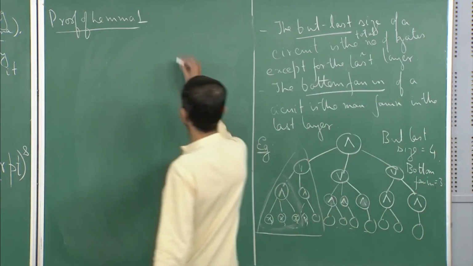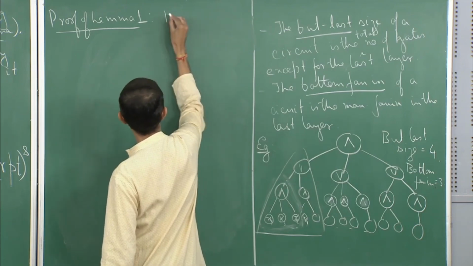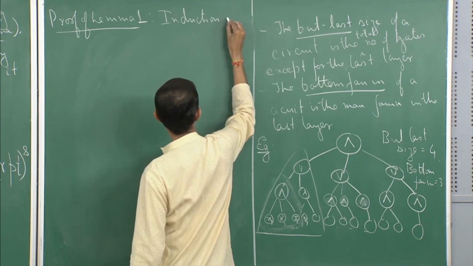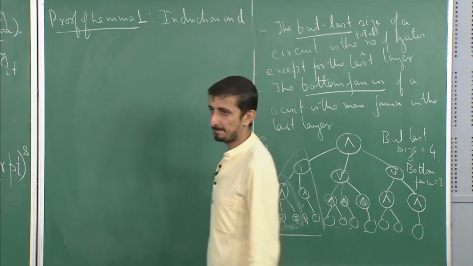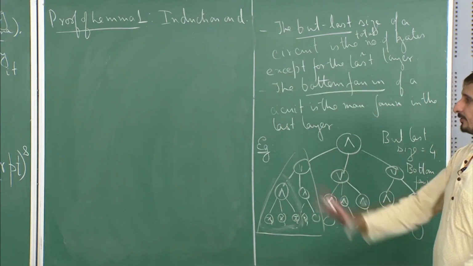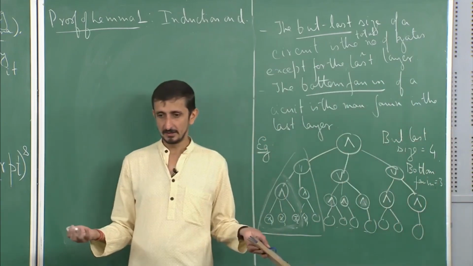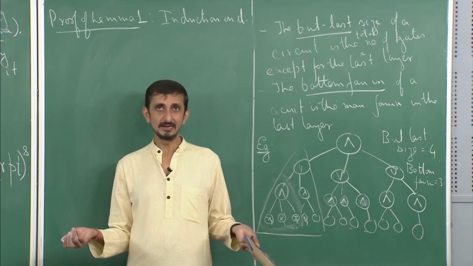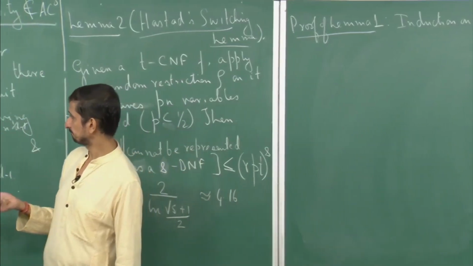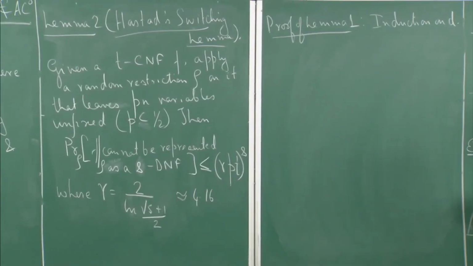Yeah, so as I said, the proof will proceed by... so what we will show is that the proof proceeds by induction on D. Now, for D equal to 1 and 2, the proof is true trivially. If D is equal to 1, then it is just an AND or an OR gate, in which case the proof is trivially true, and if D is equal to 2, then